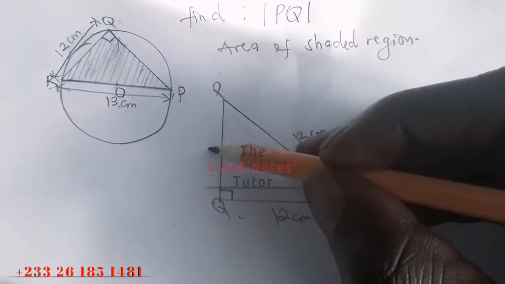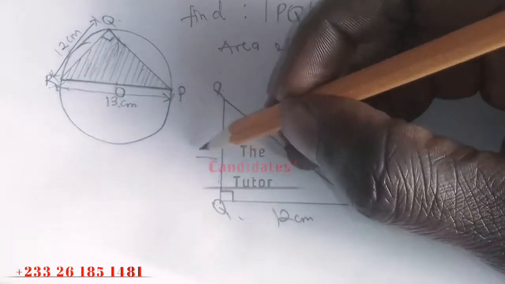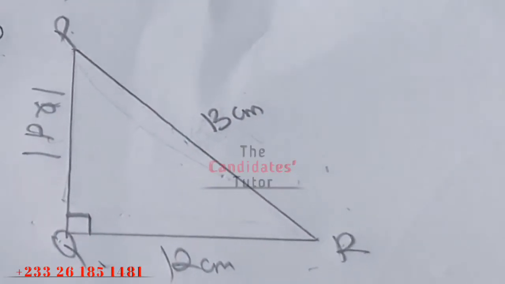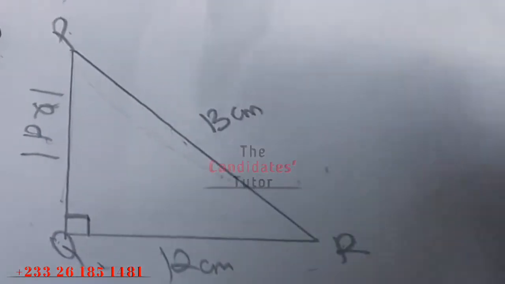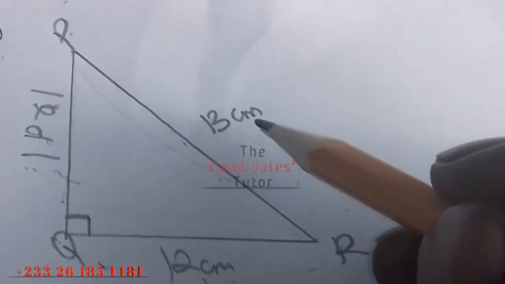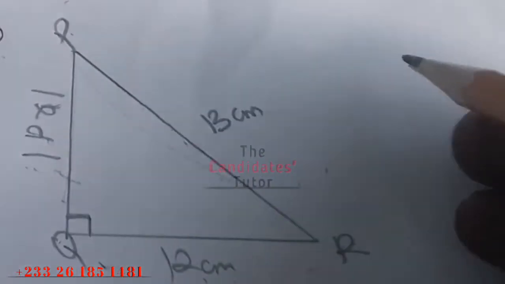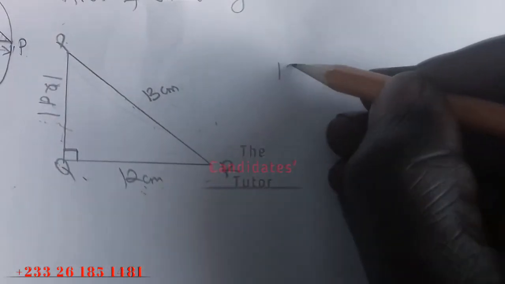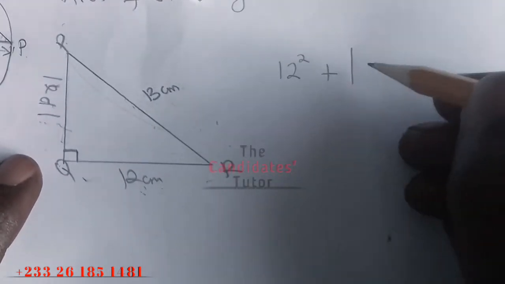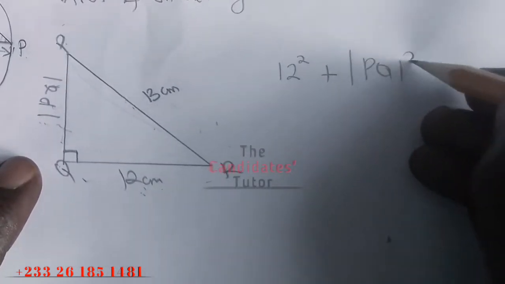Now we are going to find this side. So let's name this side, the length of PQ. All right. What we are going to do is use the Pythagoras theorem. It says that the sum of the squares of these two sides is equal to the square of this side. So I'm going to say 12 squared plus the length of PQ squared should be equal to